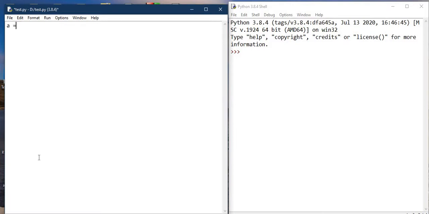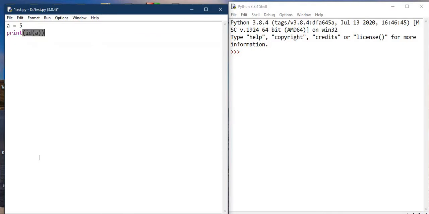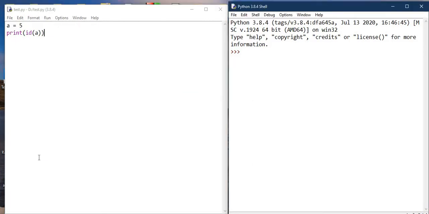If there is a variable, we have assigned some value to it, and if we print the ID of this variable, you can see there is some numeric value it's showing.